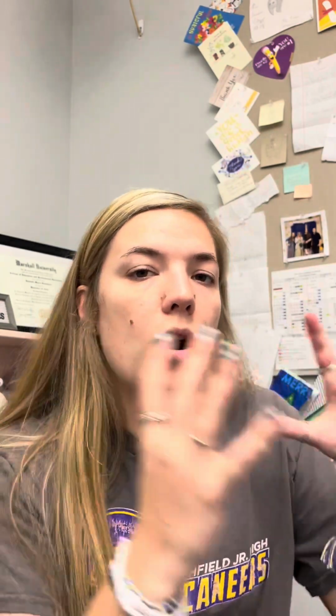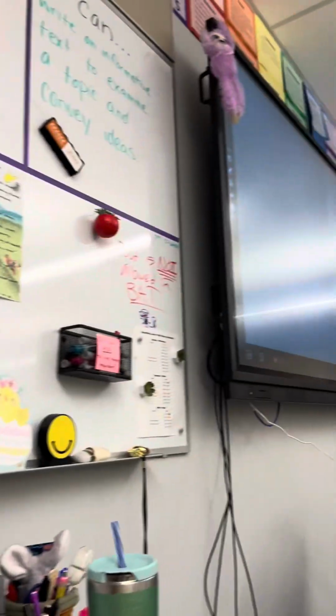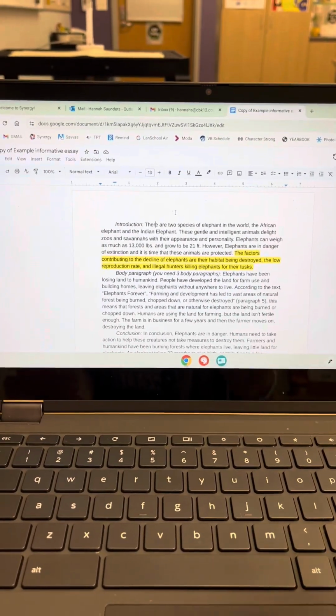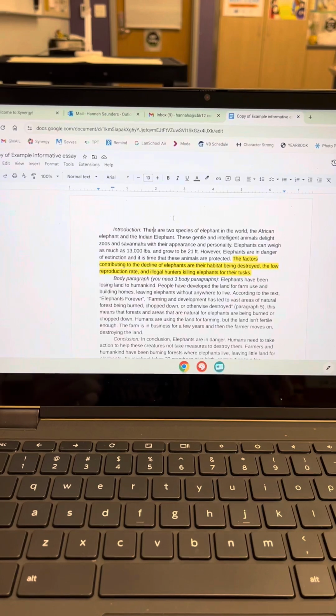I'm gonna be talking about how you organize your essay on a document and also the font and size that I'm looking for. So I'm gonna move my thing around really quick so you can see my camera. Just hang in there. All right, so here I'm using the example essay for this.